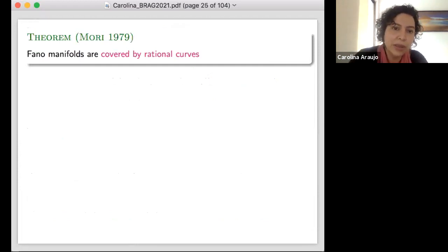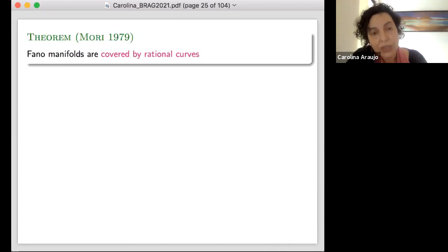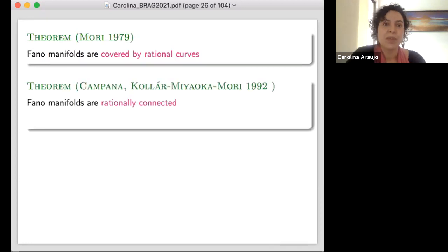So this was a theorem of Mori in 1979. He proved that every Fano manifold is covered by rational curves. So this is not special only to hypersurfaces, it's more general. And even strongly,